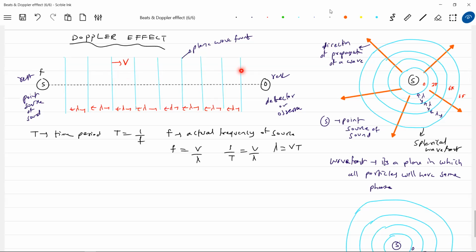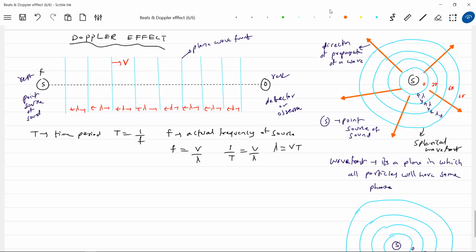The first duster I throw, then the second will be thrown after 2 seconds: T equal to 0, 2 seconds, 4 seconds. The dusters will be moving with a speed. What will happen to the distance between dusters? It will remain the same, no? How to calculate the distance between dusters? There's a formula, lambda equal to VT. And for every 2 seconds, one duster will come and strike you. Am I right? It will bang your head. After 2 seconds, the second duster, after again 2 seconds, the third duster. For every 2 seconds, one duster will be coming and striking you. Able to analyze? This is the basic idea.